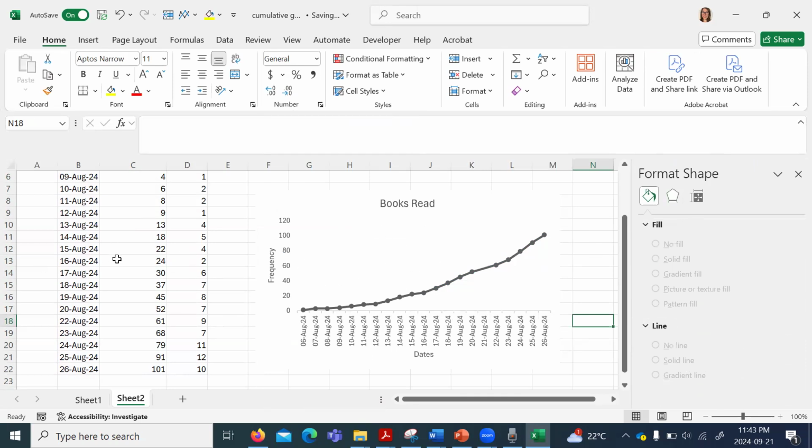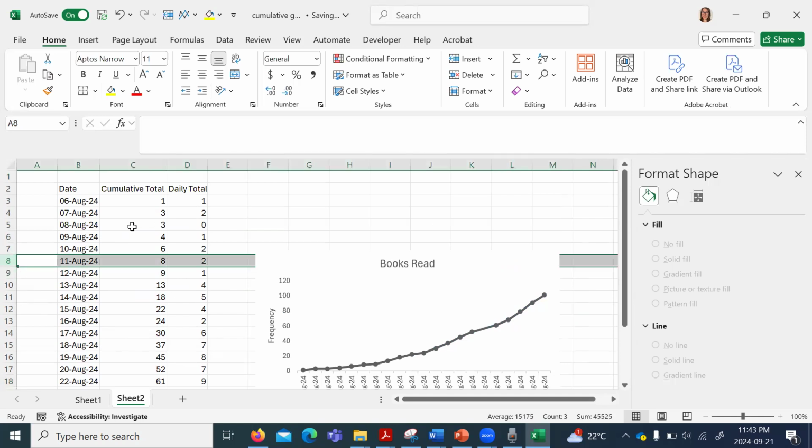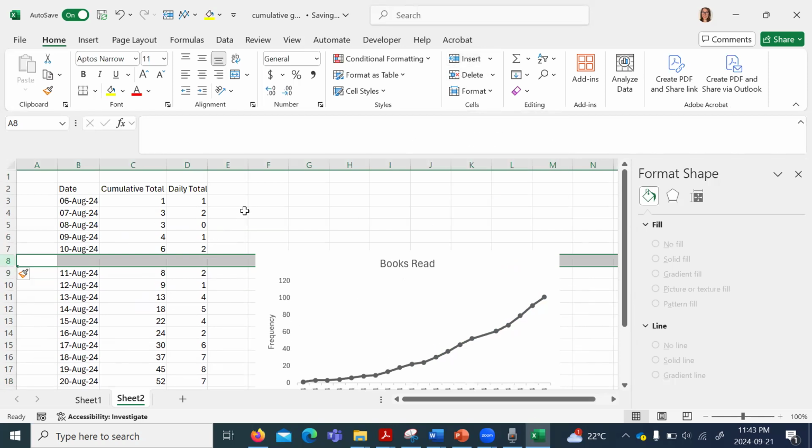You might want to, maybe something's changed. Maybe it's a leveled reader who's in kindergarten and they're moving from level 2 to 3 to 4 as they go up, and you want to kind of mark that out so that you can pay attention to whether or not there was less read once you went up a level. You could add in kind of phase change lines. So if you see over on the left hand side here, I'm selecting the entire row of the 8. If I insert into there,